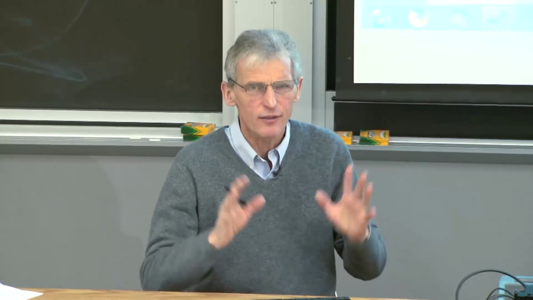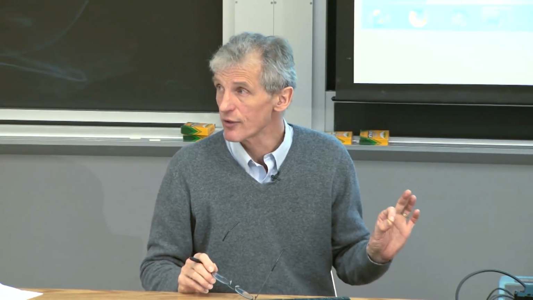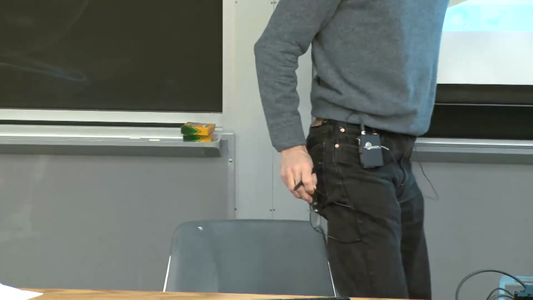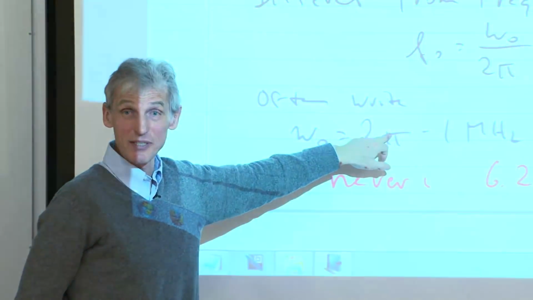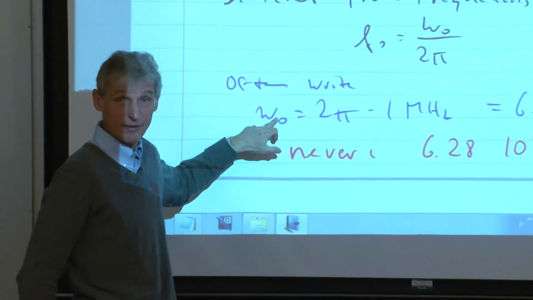So just be clean in your thinking, in your homework and all that: when you mean angular frequency, it is 1 over second. When you mean it as a frequency, it's hertz. And this is often the clearest form to say, yes, I know where to put the 2 pi, and I put it in explicitly. So we often in our papers report frequencies like that.